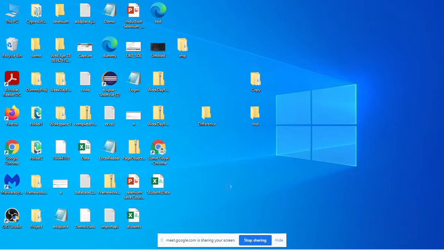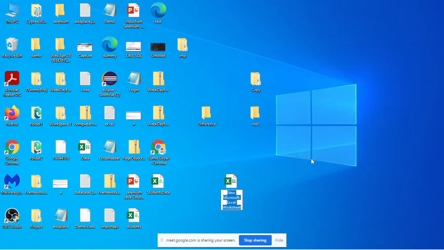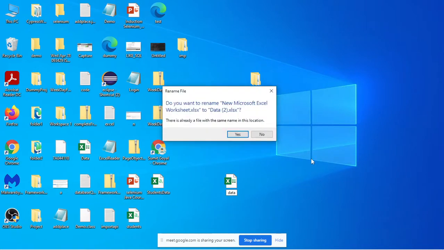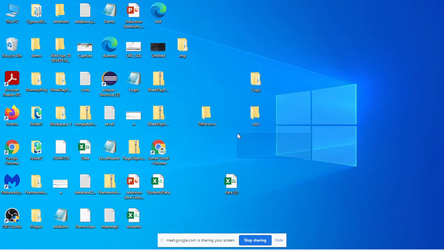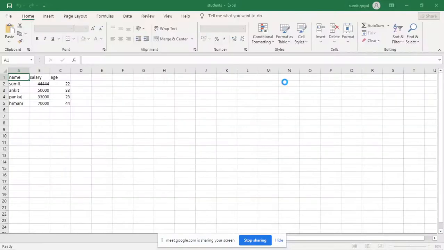So let me create a new file. There is this one. So let me create data. Let me open this. So this one is not a CSV file, it is an Excel file.